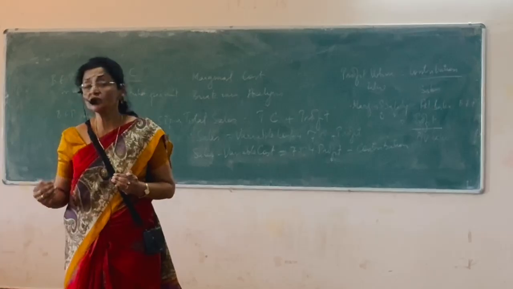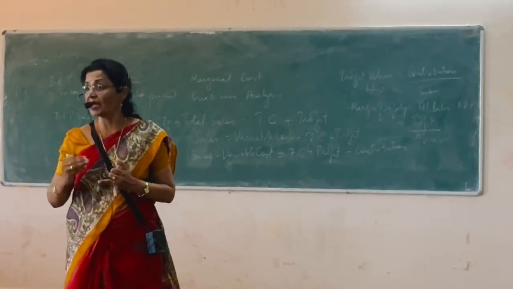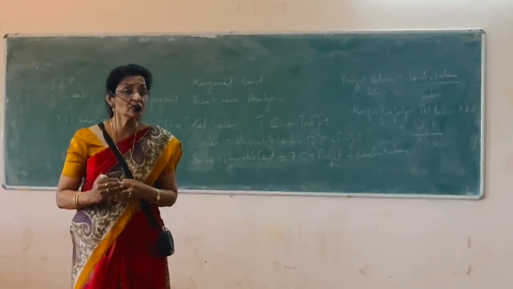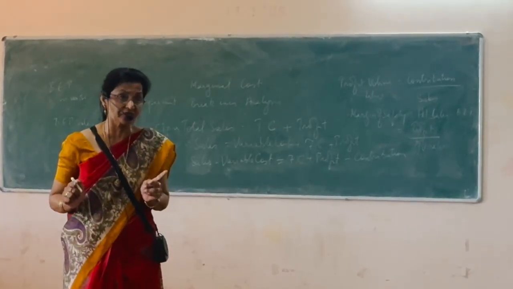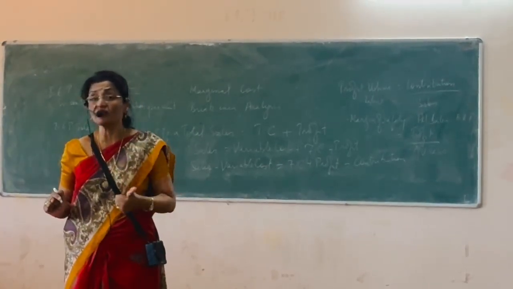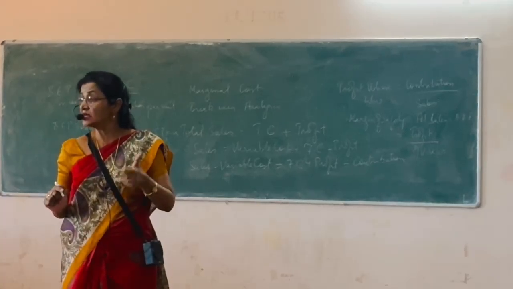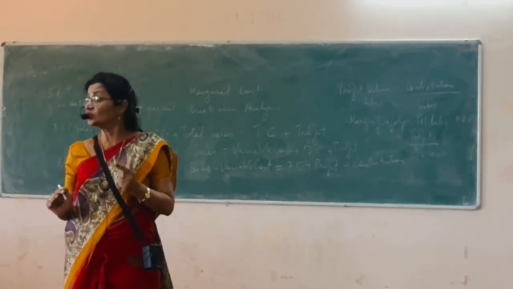Over and above that, you can plan your profits, you can plan your sales, you can find out how much you have to sell in order to earn a particular amount of profit. In other words, desired profit can be calculated. What are the desired sales that you need to make can be